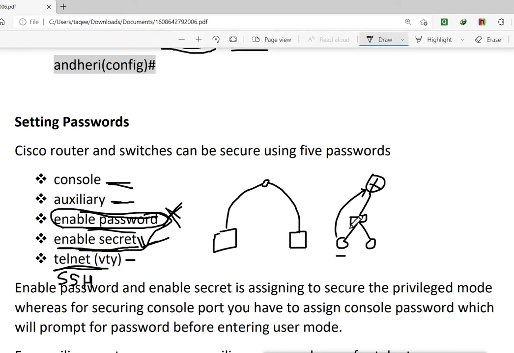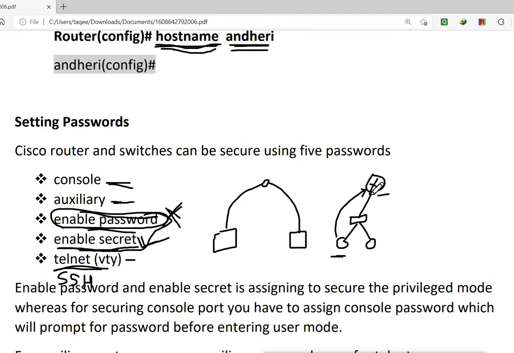Remotely you can use telnet to log in, and then once we are logged in, we can go to privilege mode, then to config mode, and configure the router. We don't need to go and connect the console port to the router. We can remotely configure the router through the network, through the IP address of the router. But for that we have to configure the IP addresses on the router so that we can connect to it.